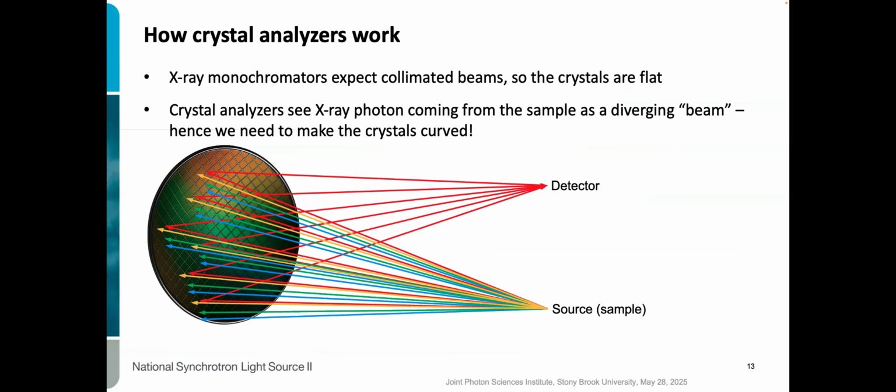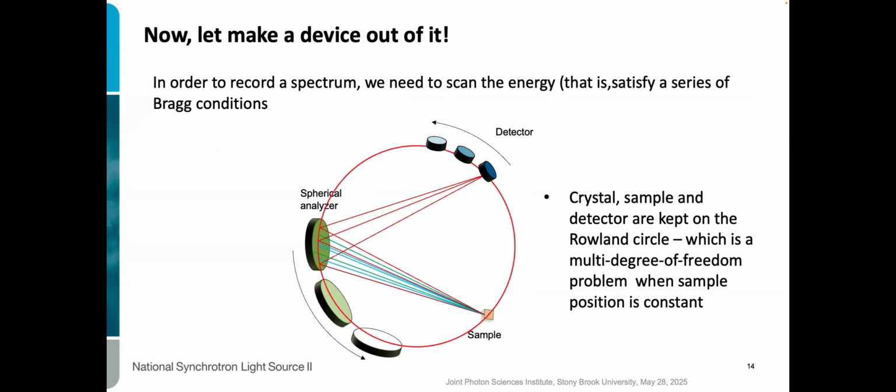And instead of using flat optics, you're using curved optics. And this is the fit, and it's on right. You need to make a very thin wafer, dice it, and then glue it to a substrate. It's expensive, but it is what it is. Now, again, just like with the monochromator, we need to scan the energy because we want to be able to